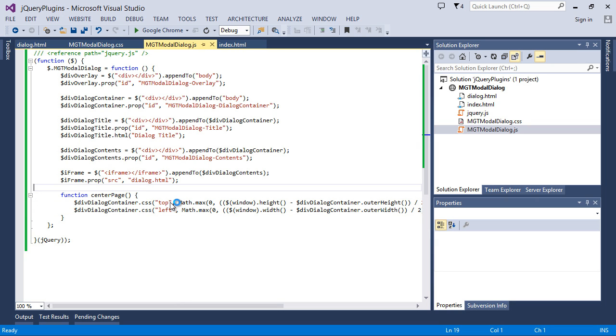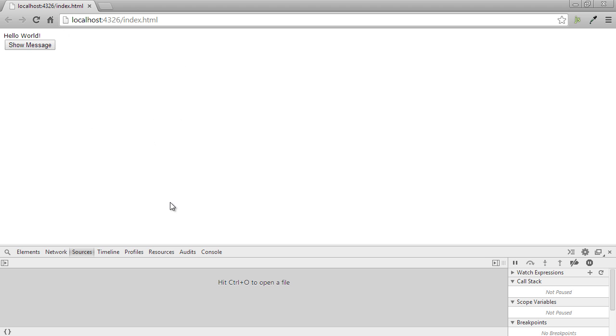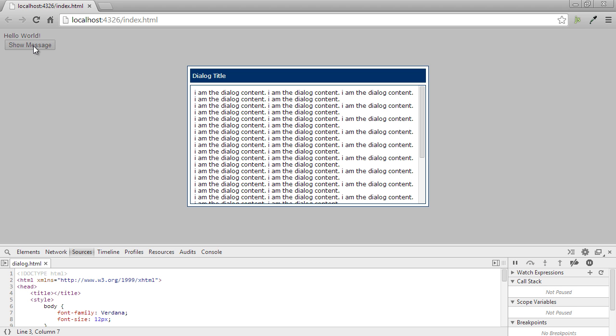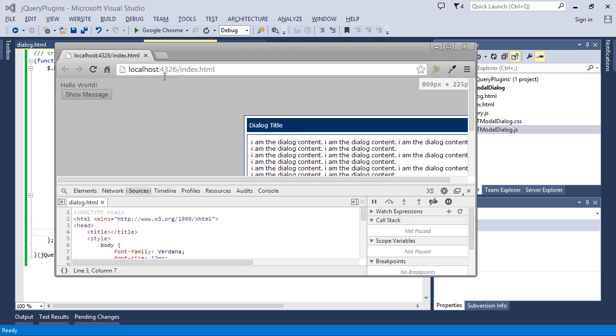So once our dialog container is ready, we have to simply call this center page function and refresh the page. Hurrah! So our dialog box is in the center, but the problem is that if I resize